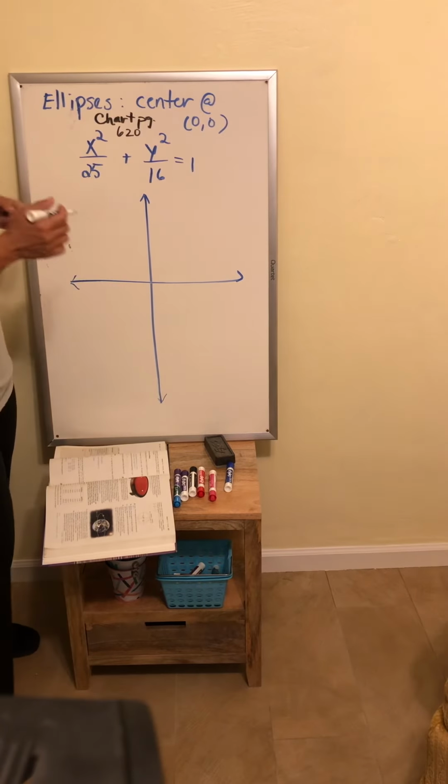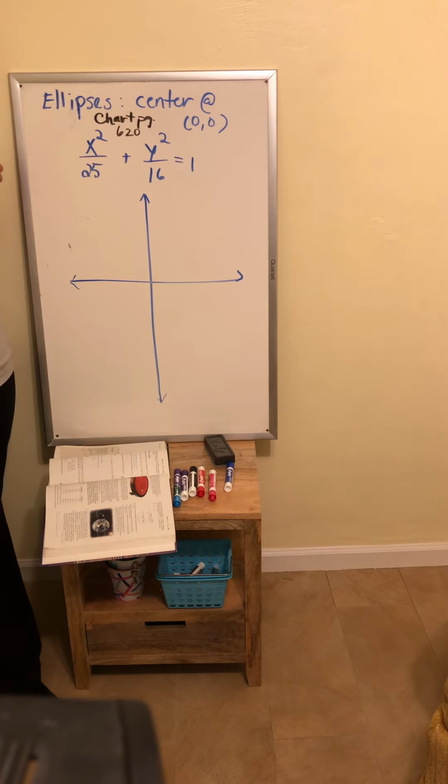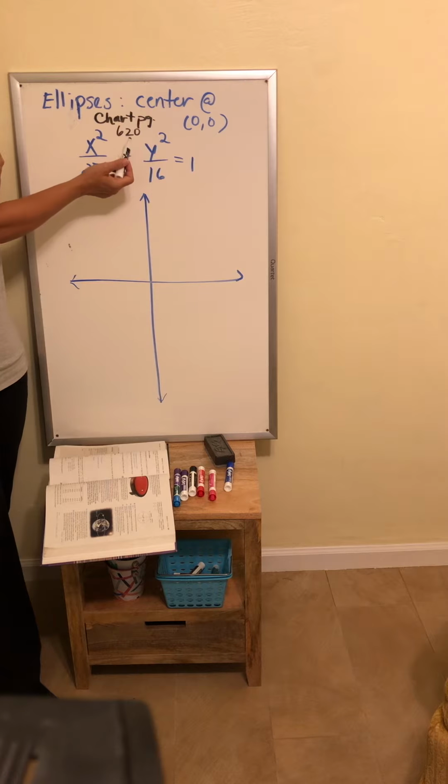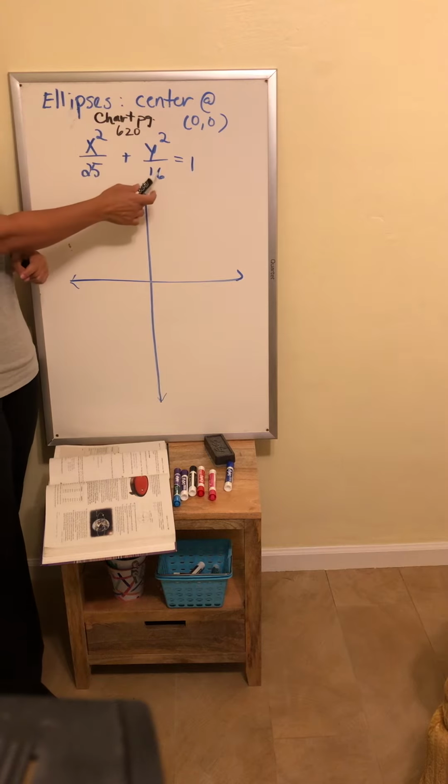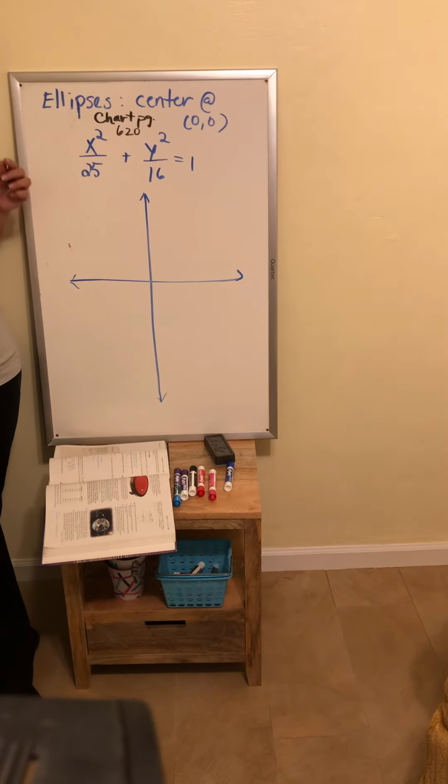So today we are going to be graphing ellipses with the center at 0, 0. The chart you will be using is on page 620. So here's our equation. X squared over 25 plus y squared over 16 equals 1. We will also be identifying the foci and the